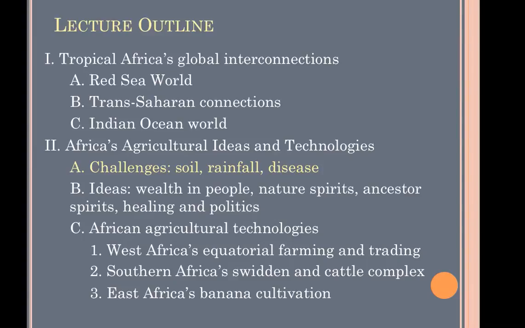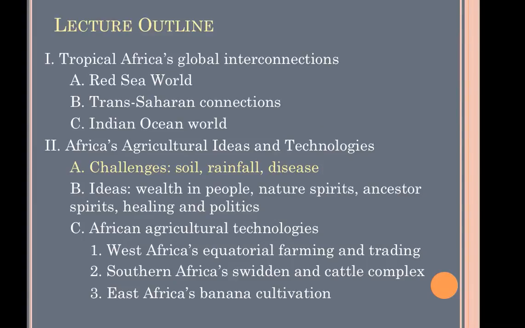It's a difficult environment in which to live, and so you already have a good sense of the problems with a geologically inactive, older soil throughout much of the continent, problems with rainfall, the fact that rain is frequently seasonal and occasionally far too intense to work well with agriculture. It's certainly not possible to grow certain kinds of crops in these conditions. For instance, wheat can't grow throughout much of sub-Saharan Africa.